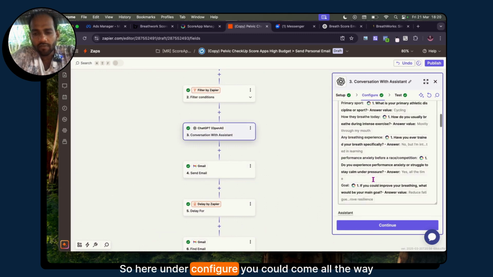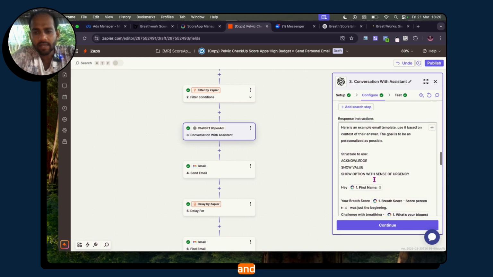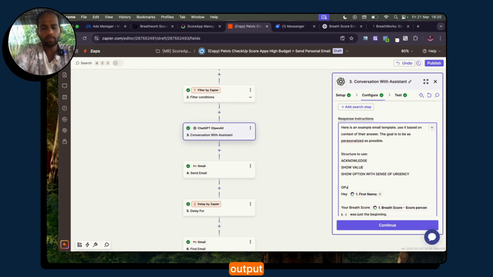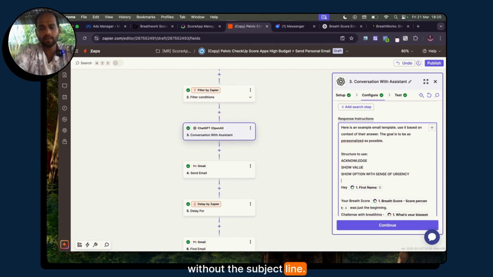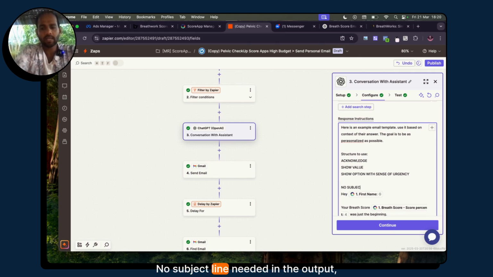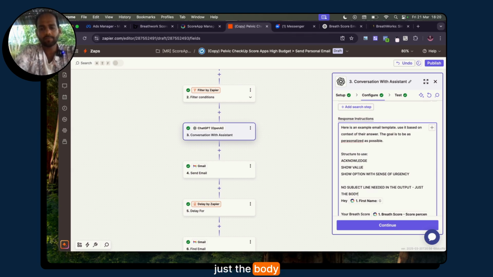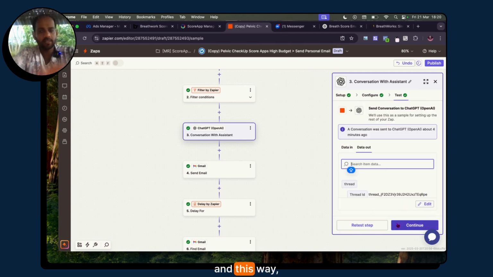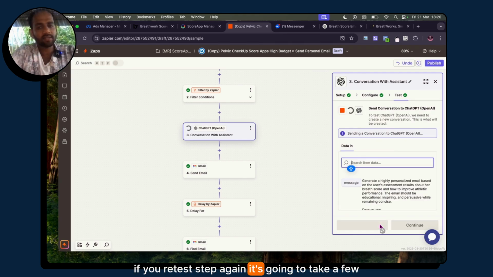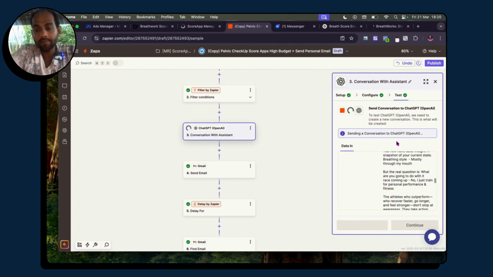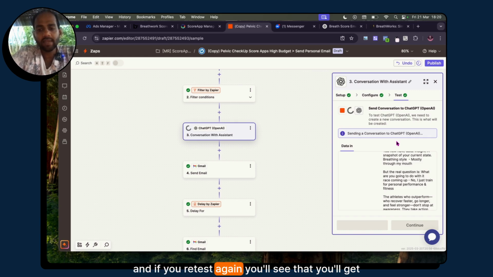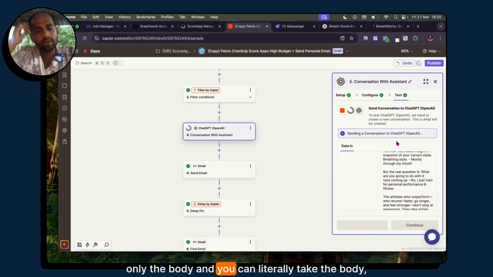So here under configure, you can come all the way down and say output without the subject line. No subject line needed in the output, just the body text. And this way, if you retest the step again, it's going to take a few tokens, but what the hell? And if you retest again, you'll see that you'll get only the body,